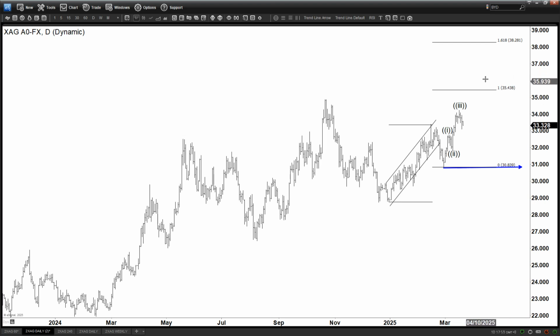And then the minimum target in this case is going to be 35.4, which is 100% of this. Okay, and that's why I think if you look at the daily time frame, then the bias is higher. And I'm explaining the logic behind it, why the bias is higher, right? So the bias is higher, and as a result,